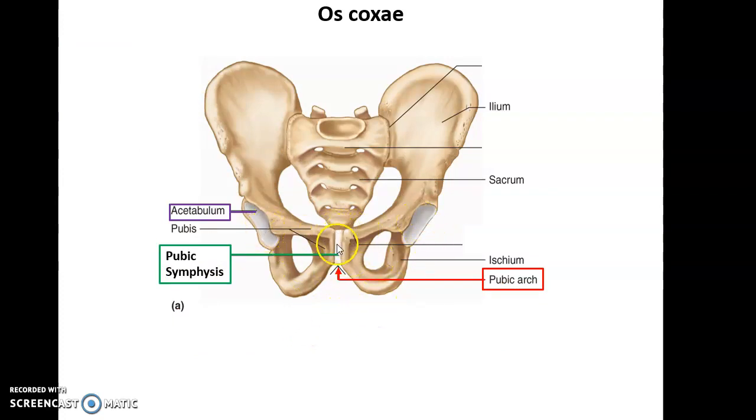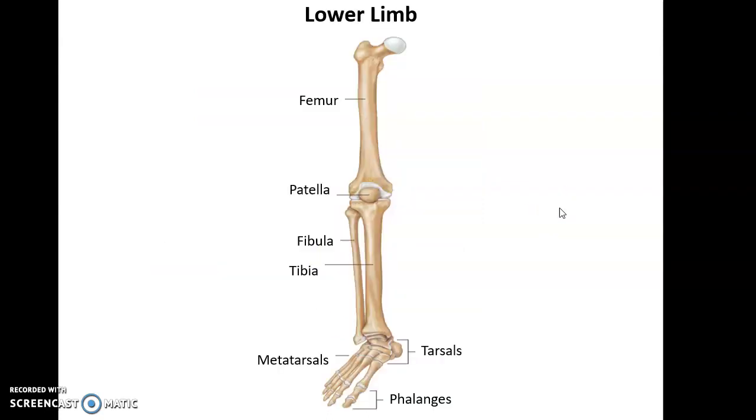Here is the pubic symphysis, this cartilaginous joint attaching the 2 pubis portions of the os coxae, and this angle here is the pubic arch. Lower limb has the femur, the patella, the tibia, which is medial, the fibula, which is lateral, tarsals, metatarsals, and